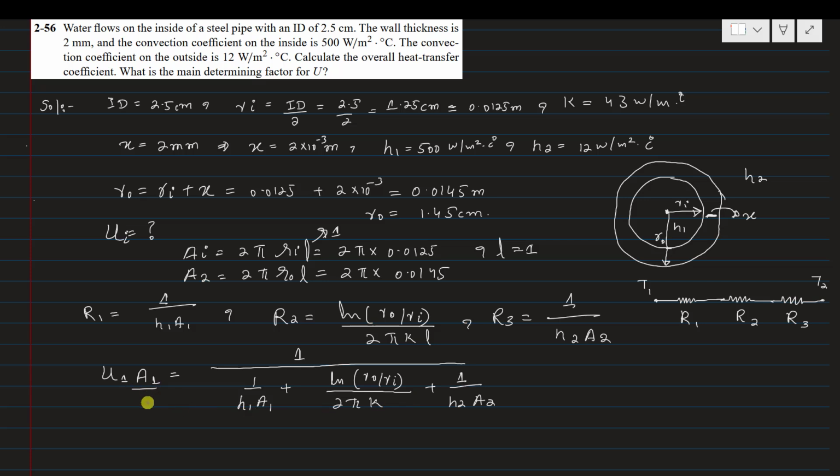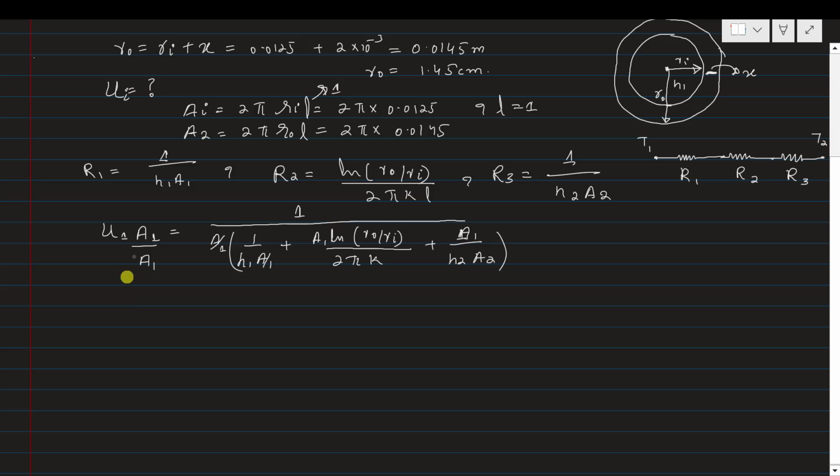Now divide both sides by the inside surface area A1, so also divide each term by A1. A1 multiplied with the first term cancels out, so here you will get 1 divided by H1. A1 also multiplies the last term, so you get A1 divided by A2. So you will get the overall heat transfer coefficient equal to 1 divided by,